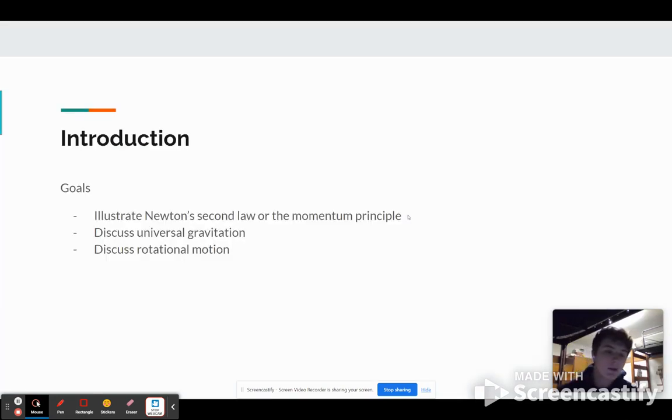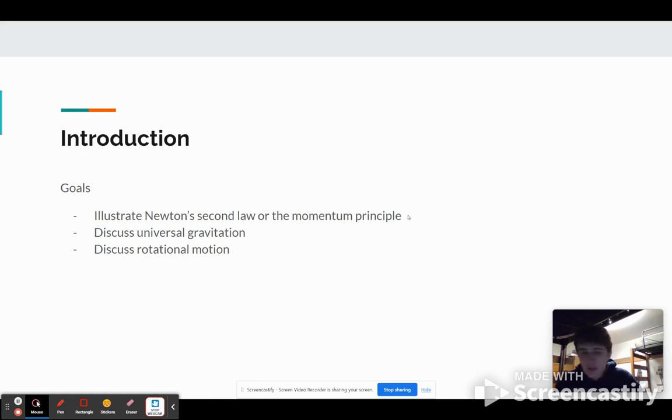Let's get into it. So introduction, some goals we're going to discuss. We were given the task of building a computational model to model a star orbiting a black hole in not an elliptical orbit, but also not like the black hole's not at the center, which makes things a little different. So some important physics, some goals of the lab: to illustrate Newton's second law, as it's important to pretty